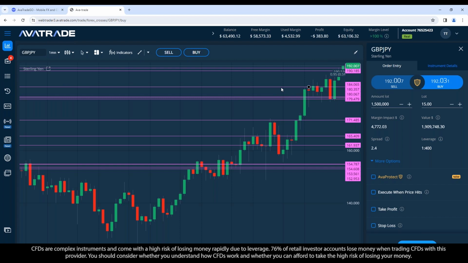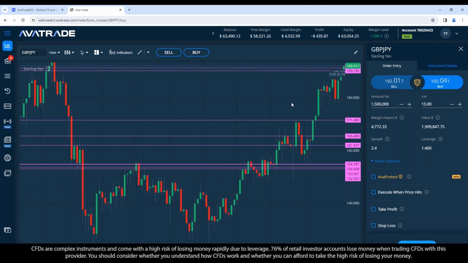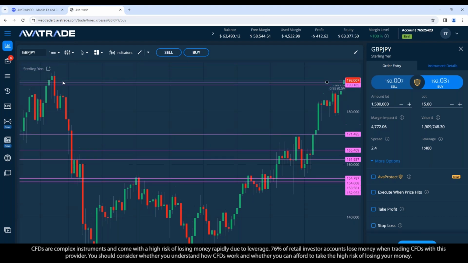Okay, and so when will this stop rising? We can't look at it technically because there's no resistance. Okay, until we go back. Let's see, this is back in 2015. Here's the resistance level up here. This line here that I just drew. Okay, and so that's up around 194.88. Okay, 194.88. We're at